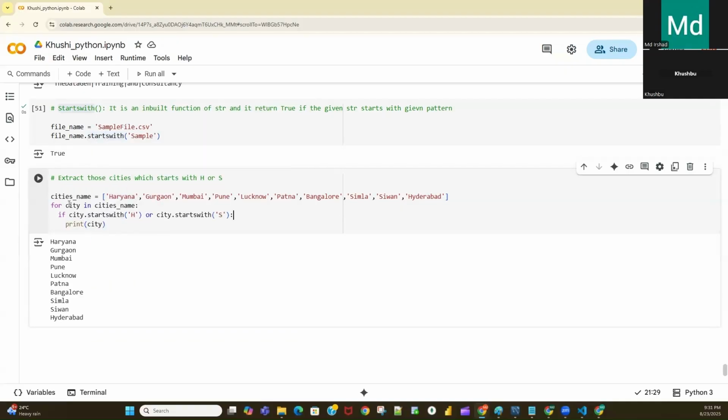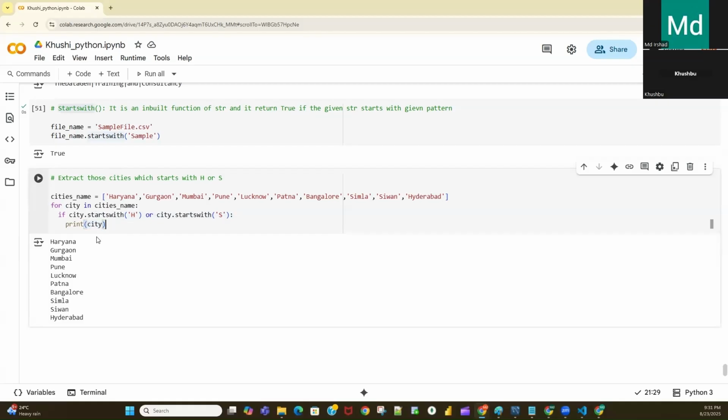So now here what will happen? It will fetch first Haryana. Haryana will come here. Now this city right now contains Haryana, which is nothing but a string. So this starts with function will return true if Haryana starts with H. So this will return true. In this case one condition is failing, but this condition is true. In case of or condition, if any one condition is true, the entire condition will return true. So the complete thing will be true, then it will print Haryana.